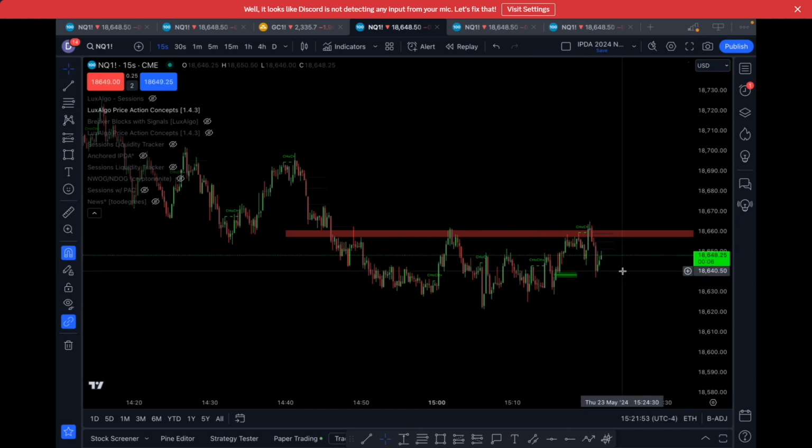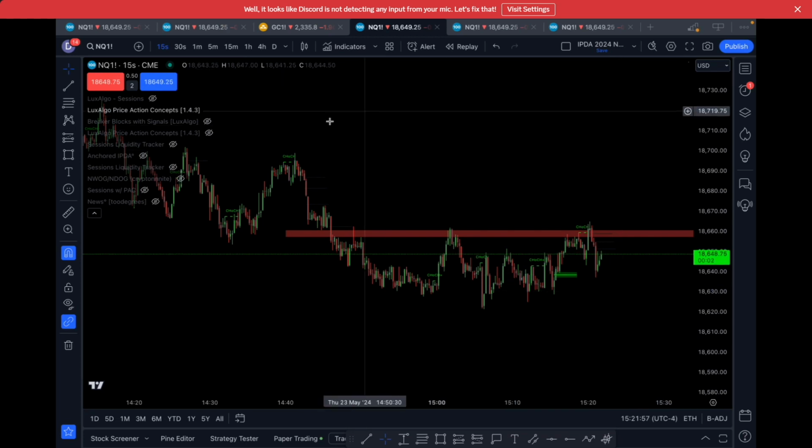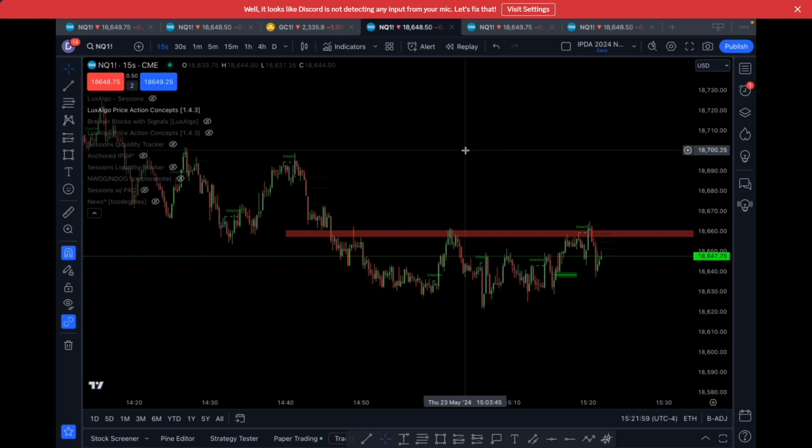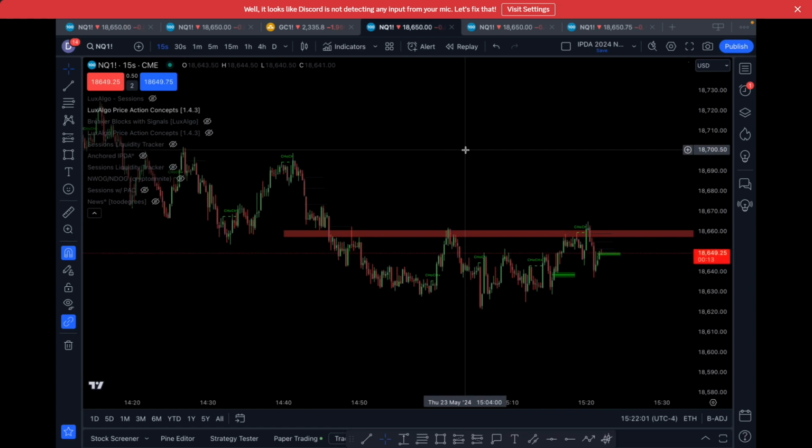What times does the market start moving? According to ICT, the macro times, right? So top of each hour. If you have 10 o'clock, it's going to be 10 minutes before and 10 minutes after. If you have 11 o'clock, it's going to be 10 minutes before and 10 minutes after. So 9:50 to 10:10, 10:50 to 11:10. All right. However,